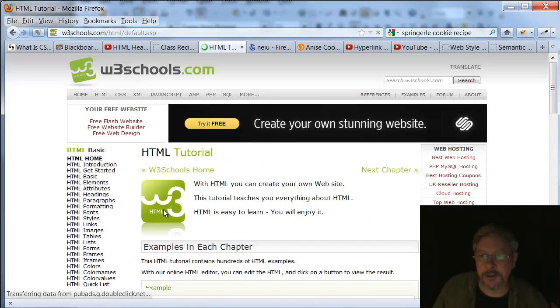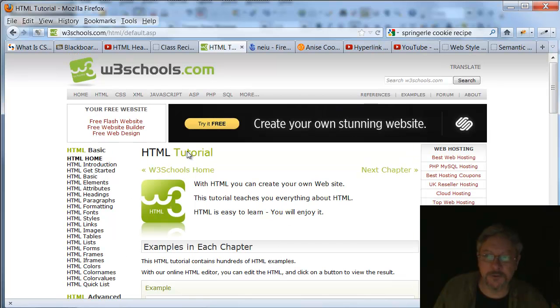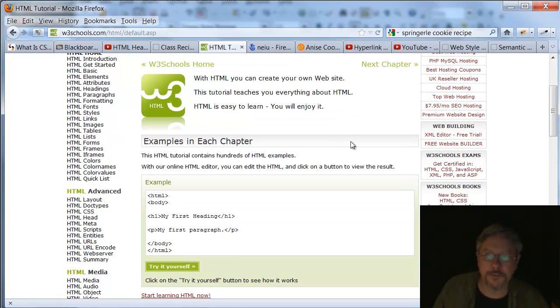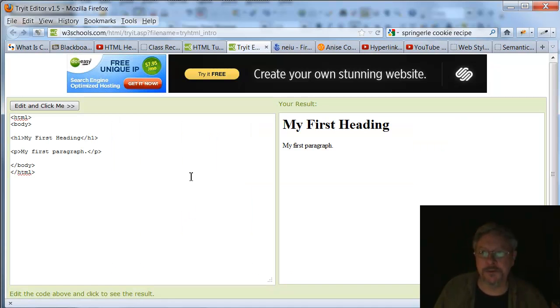If you go into Learn HTML, you see that there are a number of tutorials: introduction, different headings. Start at the beginning, go through the exercises, next chapter. The unique thing about this site is the Try It Yourself feature. If you click on that, it takes you to a page where you have an HTML page and the results shown in a browser. And you can make any kind of edit,